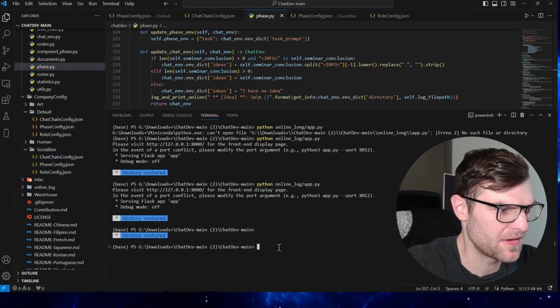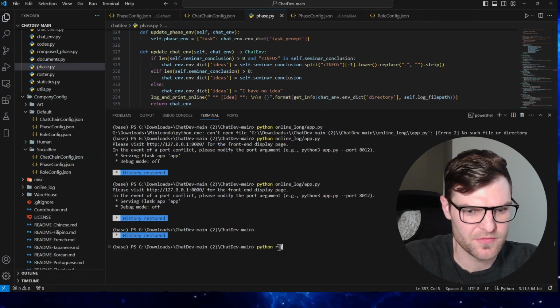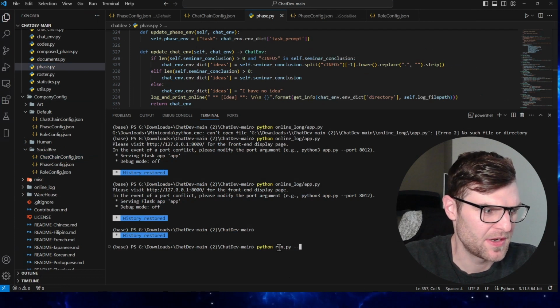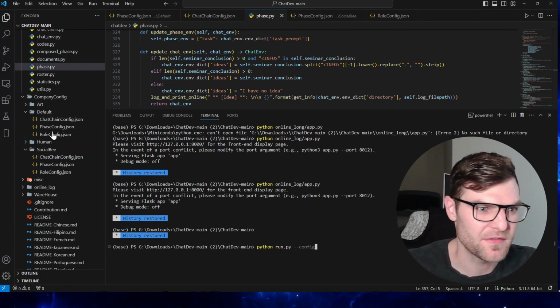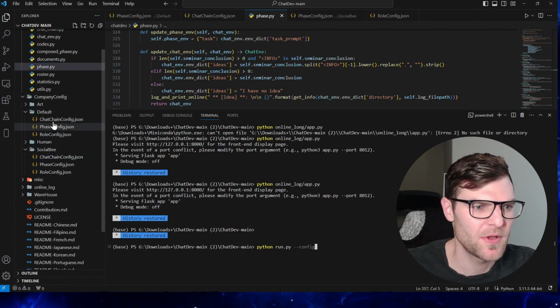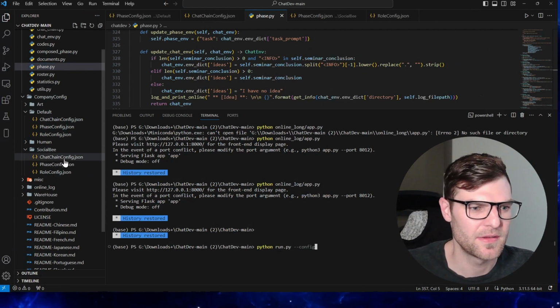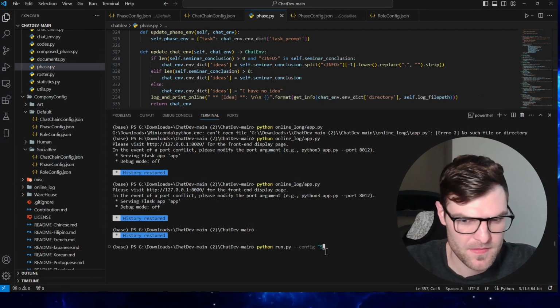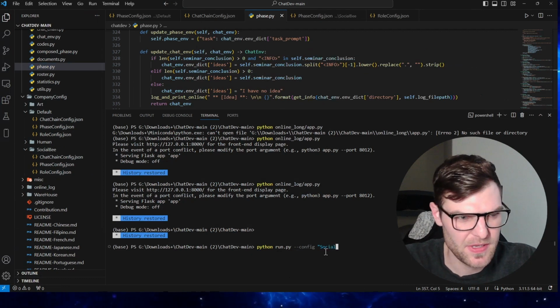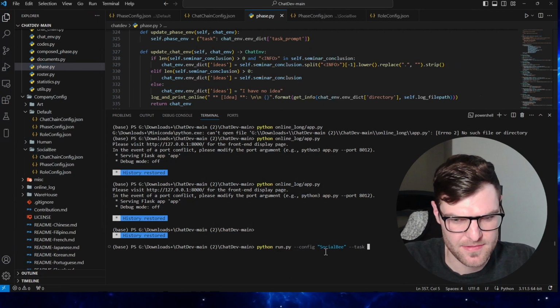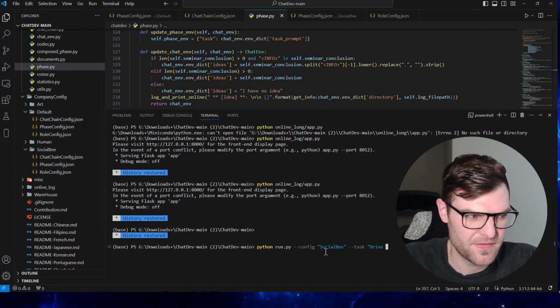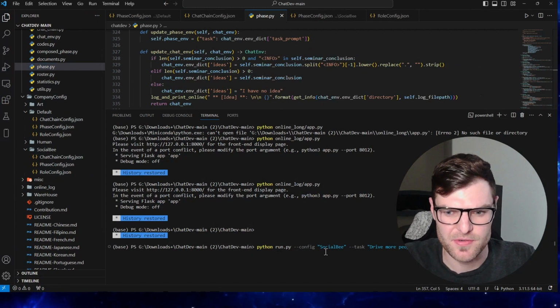Okay, now we're going to say python run.py --config, and instead of the default file which created the snake game, we're going to use this Social B folder with these JSON files within it to run our content creator. So we're going to do config Social B, and then the task we're going to give it: drive more people to subscribe to my newsletter called Houston Solutions,